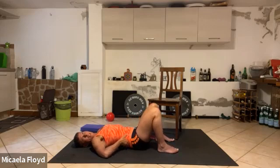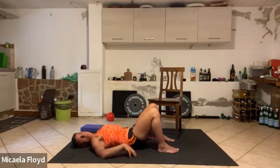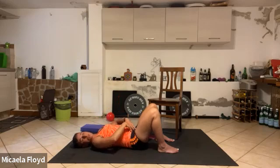Starting onto the lower back, I'm going to go into a little pelvic tilt. So tilting the pelvis back, pressing the lower back gently into the mat, and then I'm going to rock myself back into neutral. So if I'm lying down, I'm going to use the mat to guide me. I want the hips to roll back, the lower back to drop down into the mat. The belly connected at the front, then I'm going to release back into neutral,